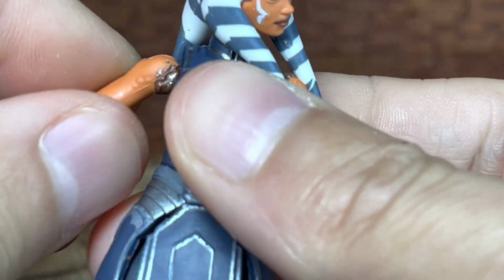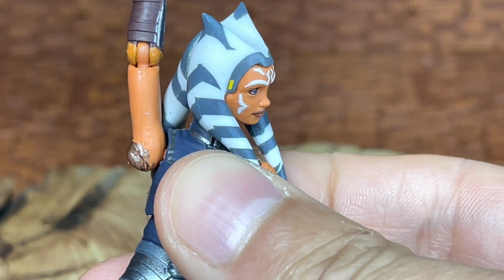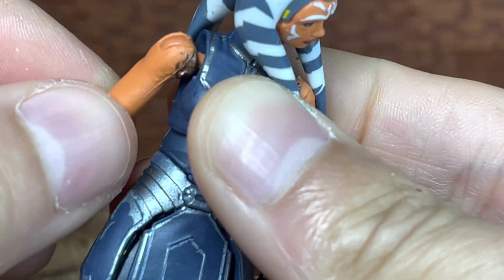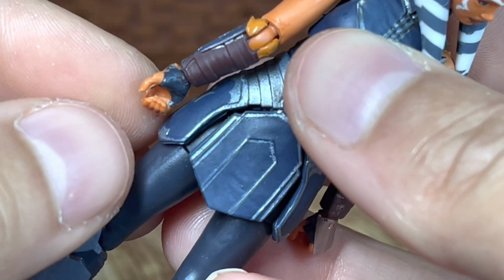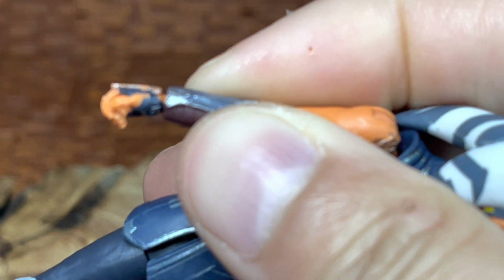As far as the arms go, for some reason, Hasbro decided she should have such a nice cut that she can lift her arm all the way up. Maybe paying a little homage to my little disco thing I do here. Her elbows come up about that high, which isn't bad. It's actually average for these figures. And she does have the...